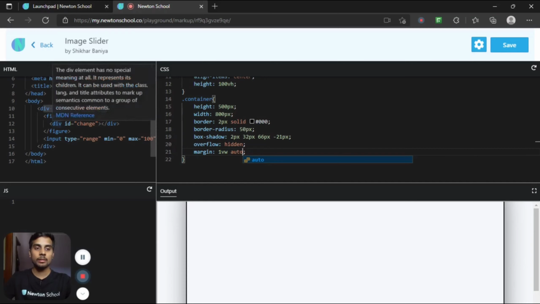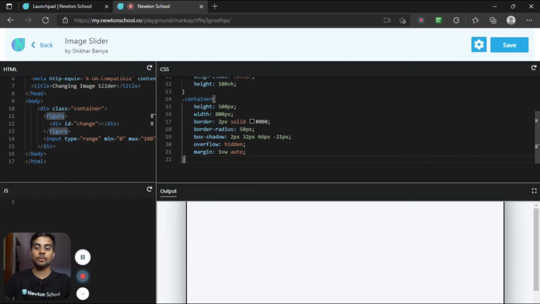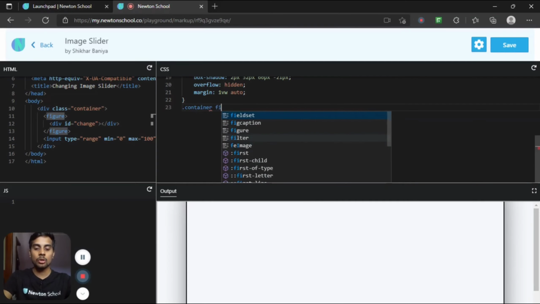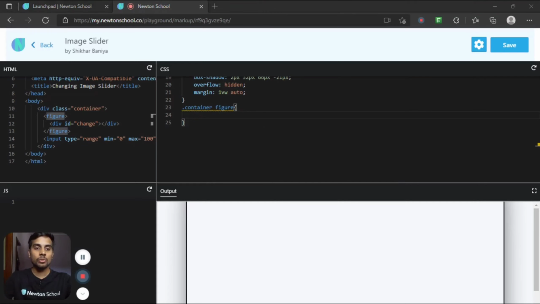Now let's target this figure under which there will be two images. So inside our container there is a tag called figure. First, let's set the background image.